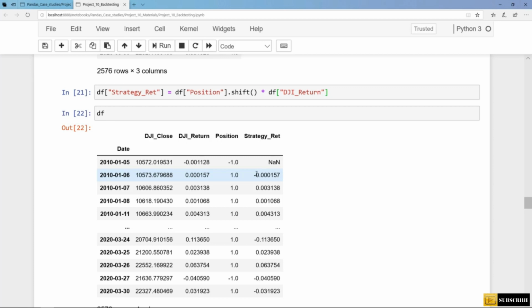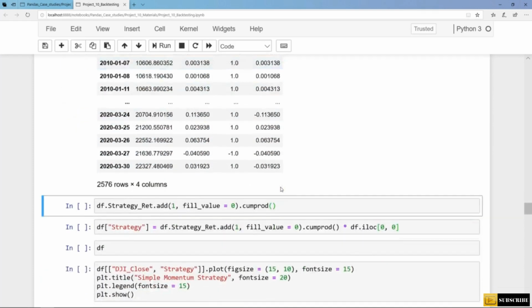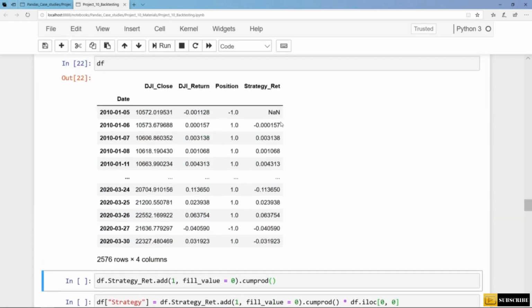Now let's have a look at the next day. So on the 6th of January, the return was positive, and therefore also our position for the next day should be positive. And therefore the strategy return equals the return of the basic strategy, and so on. So now we have the daily returns of our strategy, and now we want to convert this into prices. So we want to compare the Dow Jones prices and the prices of our strategy, and also our strategy starts at a price of